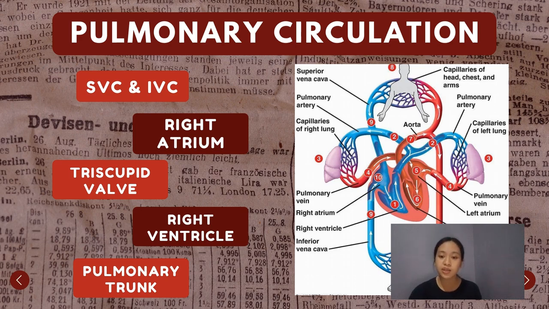As the right atrium puts pressure on the tricuspid valve, the valve will be forced open and the blood will go to the right ventricle. The tricuspid valve is the valve between the right atrium and the right ventricle. With the help of the pulmonary semilunar valve, the blood in the right ventricle will now go to the pulmonary trunk. After that, the deoxygenated blood will go to the pulmonary artery, to the arteriole, to the capillaries, the